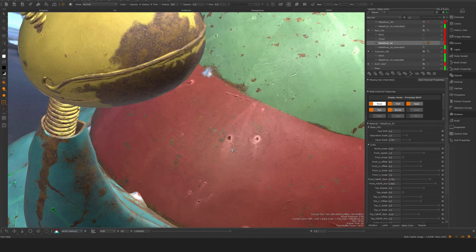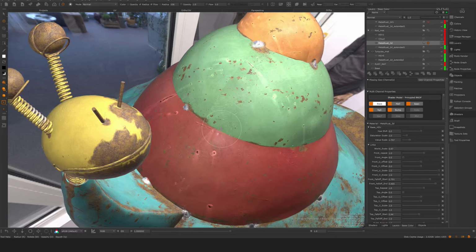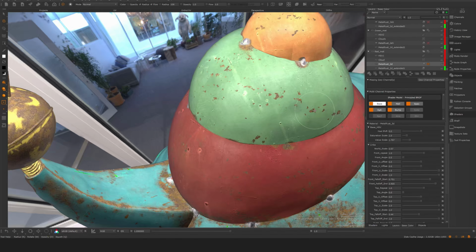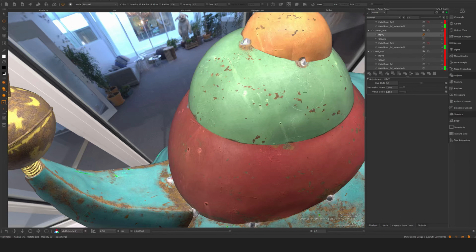I did this for all of the seams where I can see a seam there. So if I go in and enable all of these materials again, it will then be totally seamless between 2D and 3D projection. I also went in here and did some additional HSV in the color just to tweak